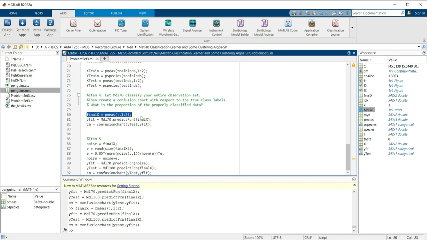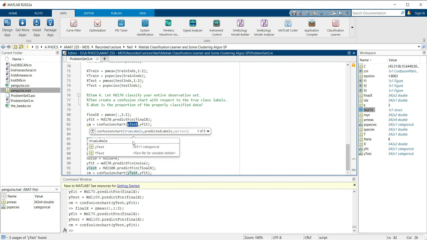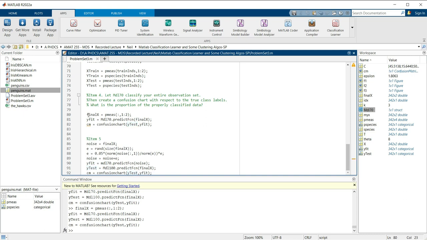So first thing that we need to do is to separate the first and second column and assign that to the final X. Then the second step is we will predict the labels using the final X. The Y fit is the predicted labels from the final X using our model from the optimizable KNN, and the Y test are the true labels, the true classification labels. Okay, so after doing the prediction, we will see a confusion chart for us to see how the prediction goes using the optimizable KNN. Okay, so let's run these lines,